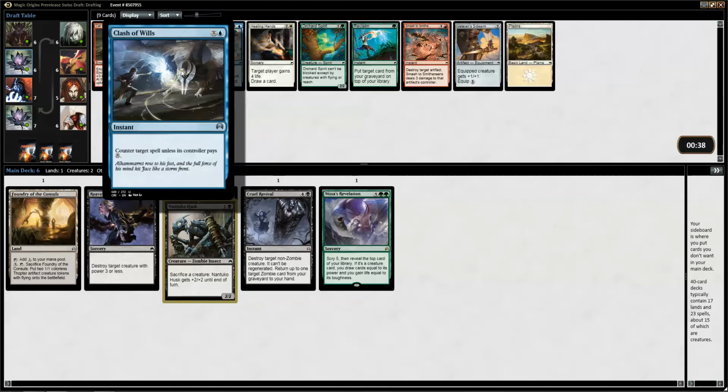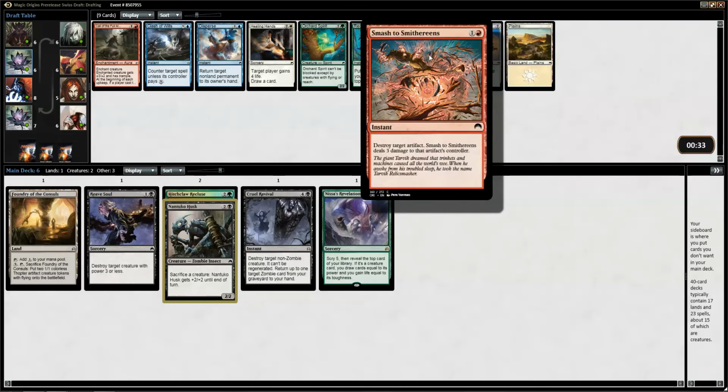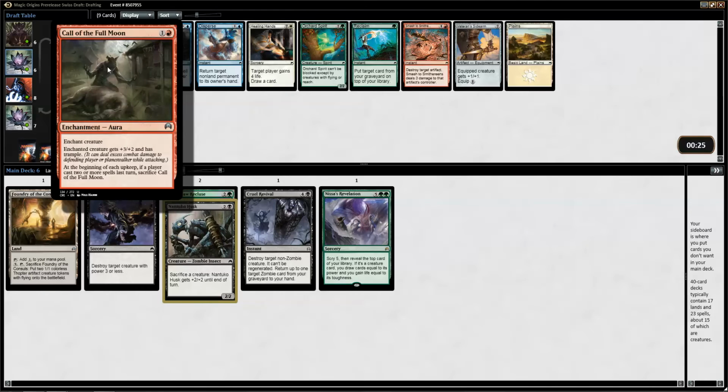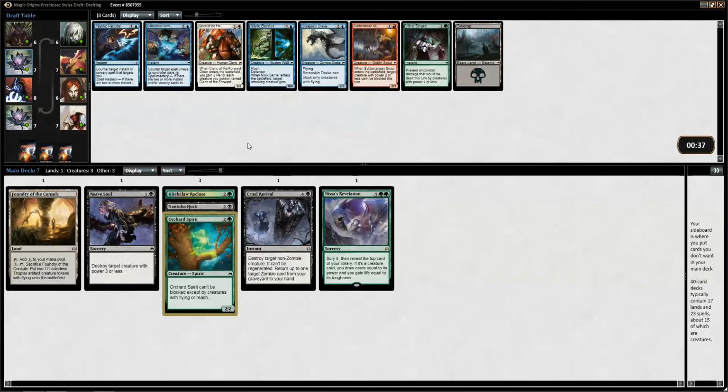Okay, we have two pretty good blue cards. We have a really bad equipment. So basically we have Orchard Spirit and nothing. We can take Reclaim, but nah, I don't think so. No, that's not good. Very aggressive, but not good. Yeah, Orchard Spirit. It's a fine card, I mean. You can do better, but...